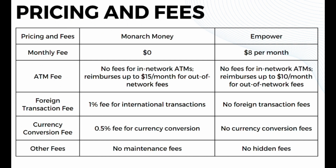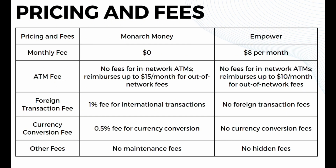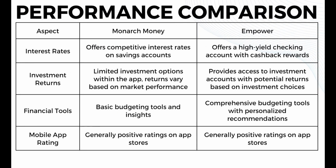In terms of currency conversion fees, Monarch Money charges a 0.05% fee for currency conversion, while Empower charges no currency conversion fees. In terms of other fees, Monarch Money and Empower have no maintenance fees, while Empower has no hidden fees. Now moving on to the performance comparison, as you can see on this table, in terms of interest